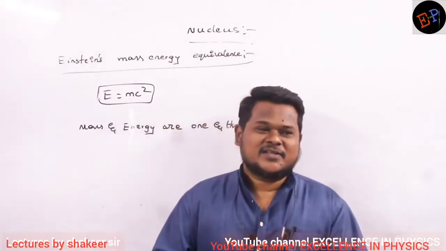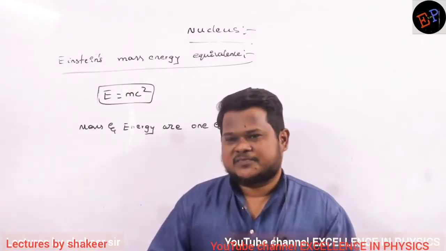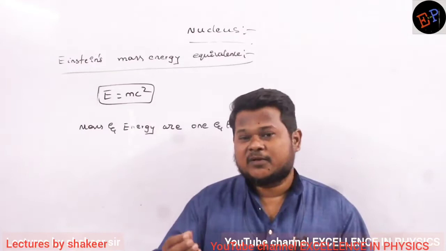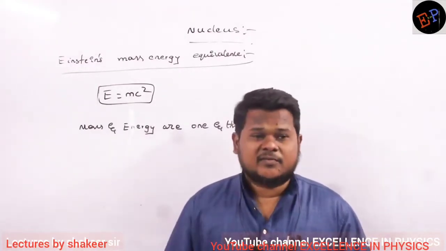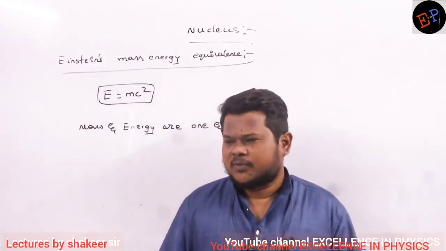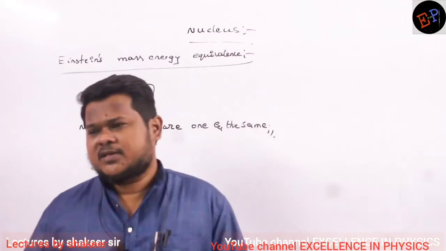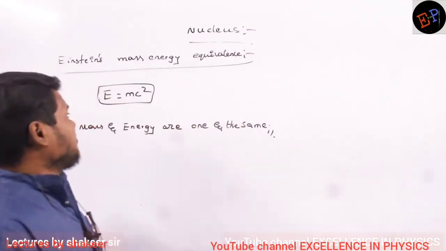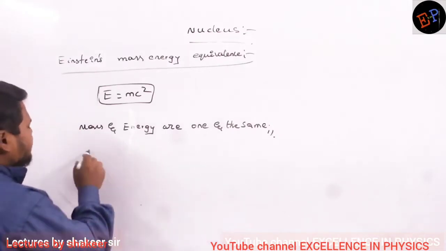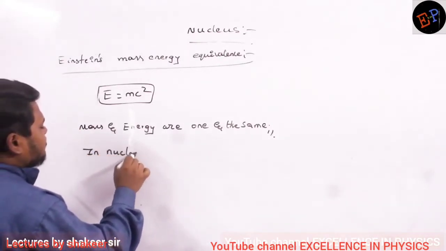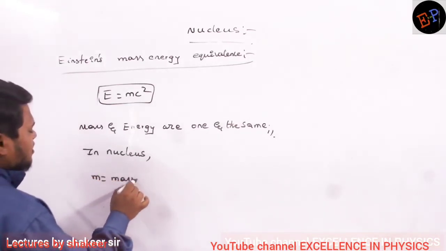Continuously they incident some radiation on a particular metal, then they counted the number of electrons. After some time they found that the number of electrons had increased. It proves that light energy also can be converted into mass. But suitable means and methods we still don't have. So mass and energy are interconvertible. That is the statement which was given by Einstein. Clear? So therefore here, in terms of nucleus, we can say that M is the mass disappeared.